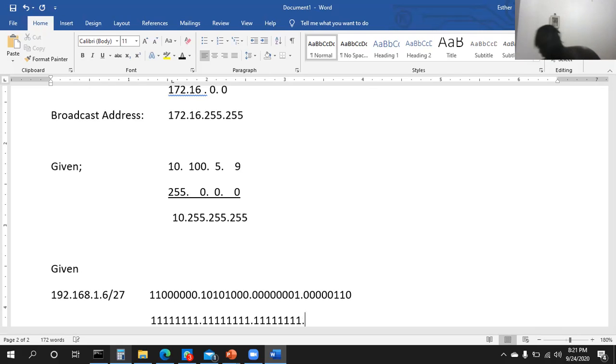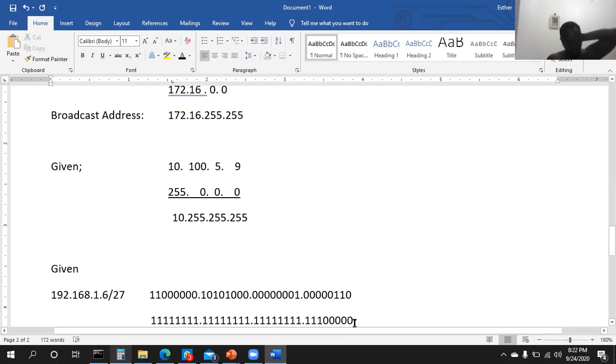And then 24 plus 3 will give us 27. That's my slash format. And then the remaining bits will be zeros. So I write there the zeros like that. Okay, so I have those zeros. So this is slash 27. You count out 27 ones. Okay, and then